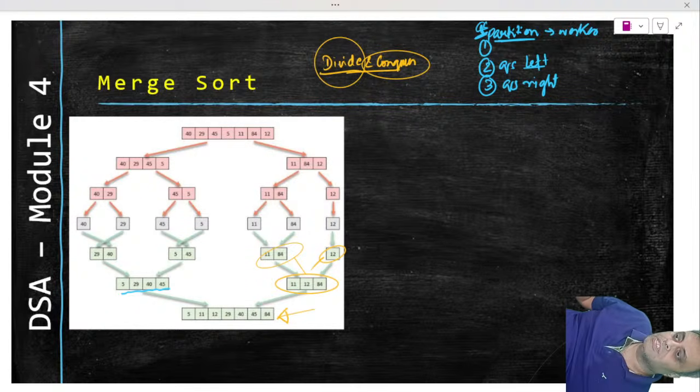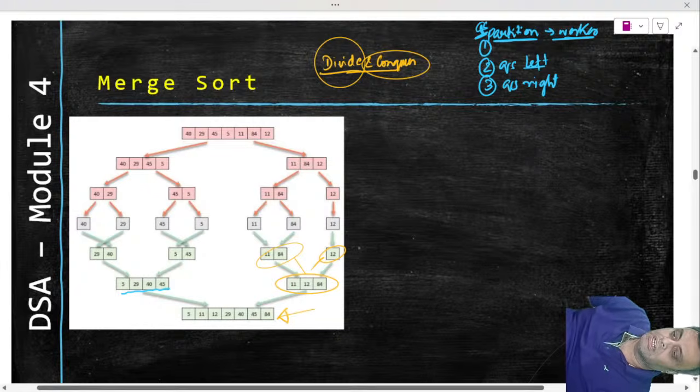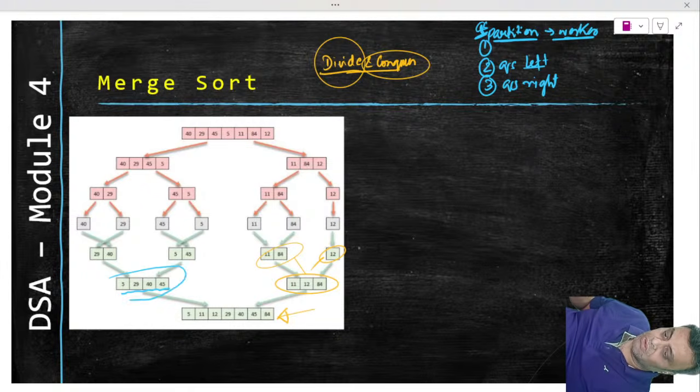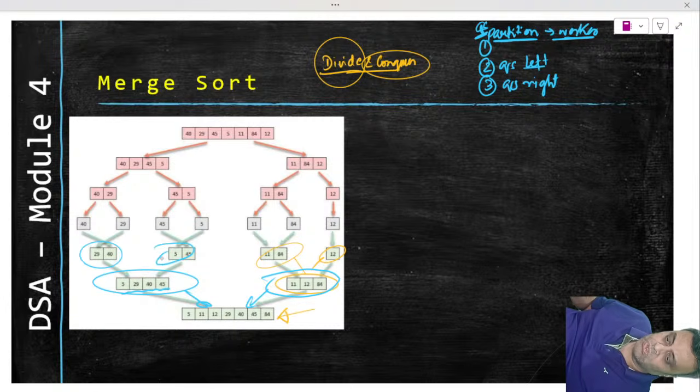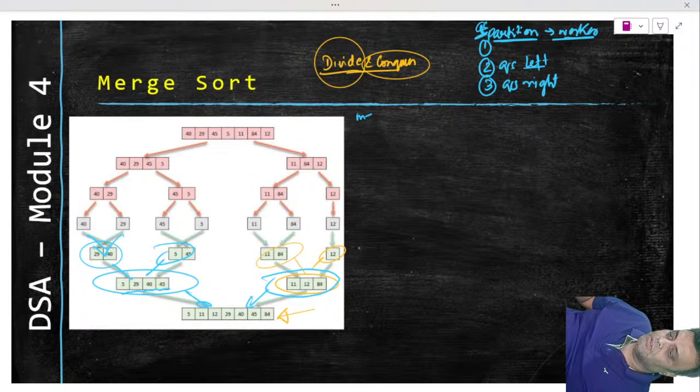So we had to take this actual worker and write the code for it, which was the largest block of code that we had written. Similarly, here the merging, whatever I discussed right now, these two getting merged, or these two getting merged, everywhere it is getting merged, that piece of code is very important. So we will have to write the merge code first before we decide on the recursive approach. So if we write the merge code first, then we will say merge what? I will have to merge two arrays, right?